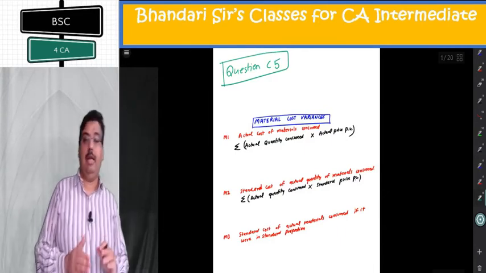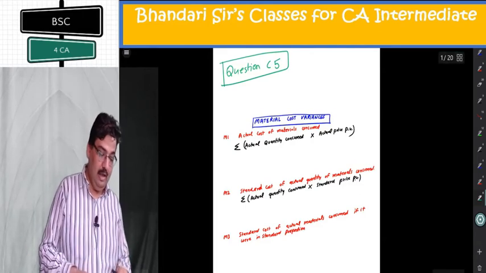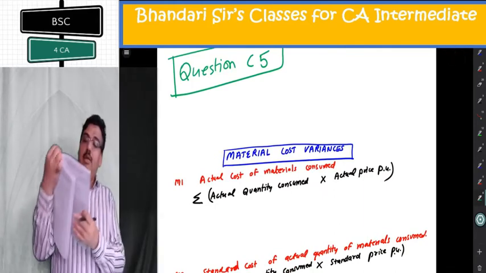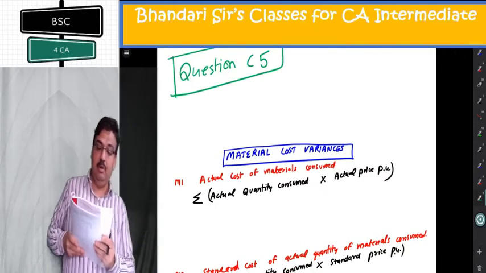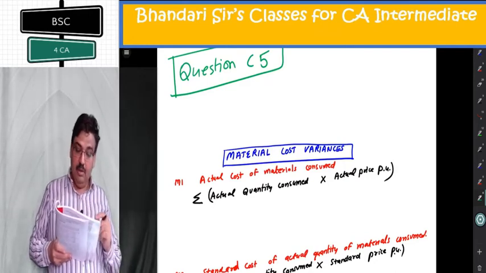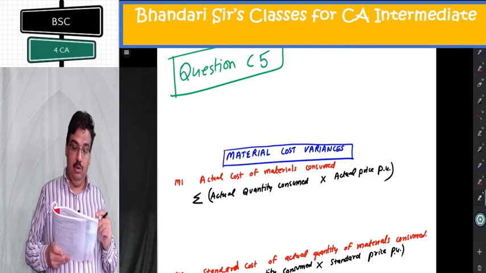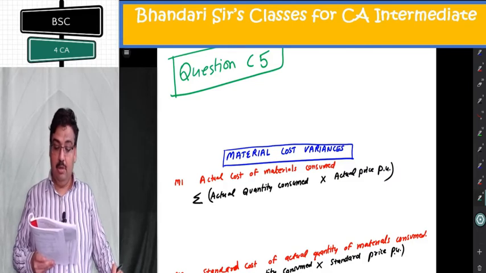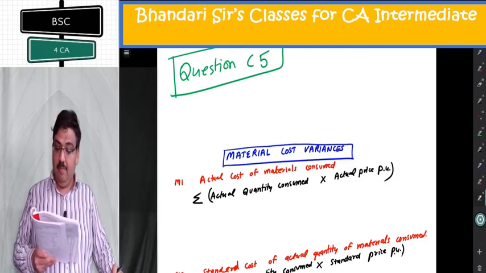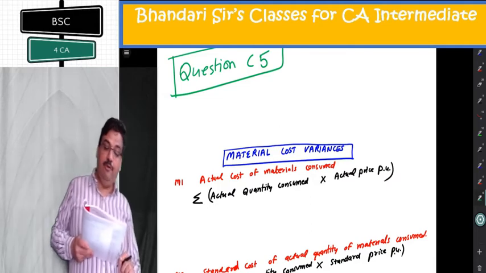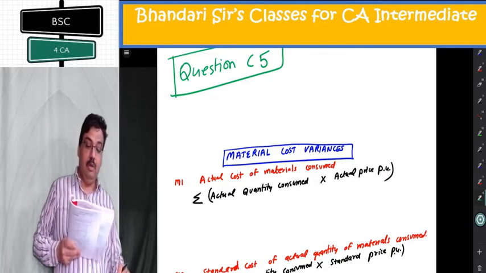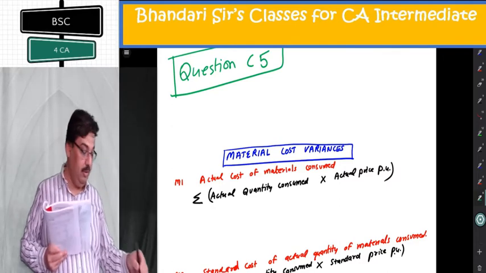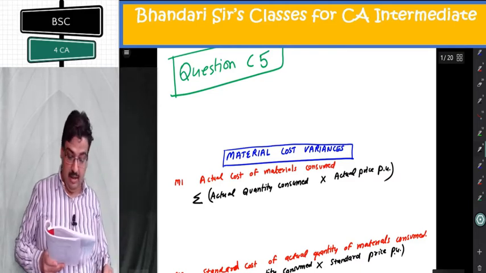The next question we take up is question C5. Again, simpler and smaller question as compared to the earlier one. There is a single material. So, single material makes things easier for me. You are given the budgeted production 200 units, standard consumption of material 2 kg per unit, standard price 6 per kg. Actually 250 units were produced and material A rate was 8 per kg, consumed at 1.8 kg per unit of P.